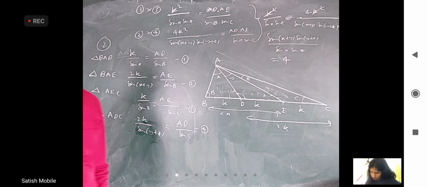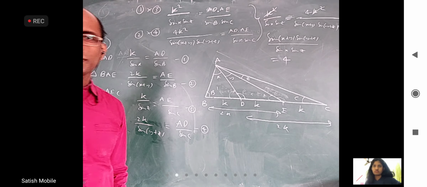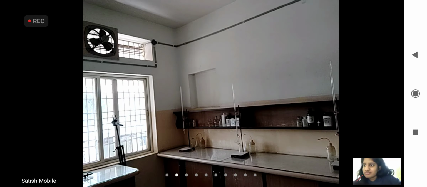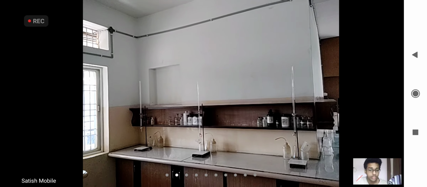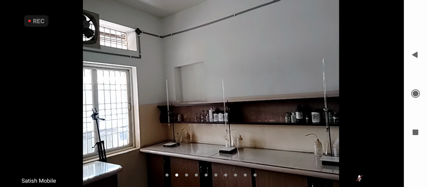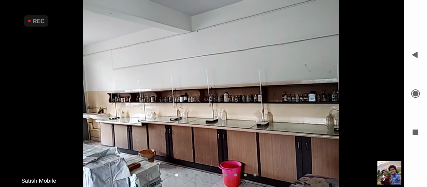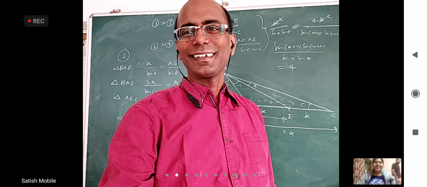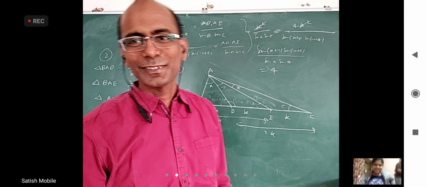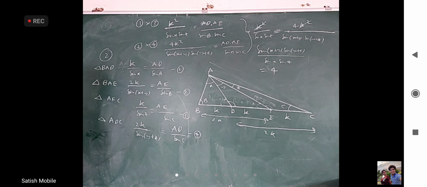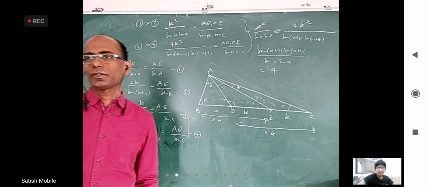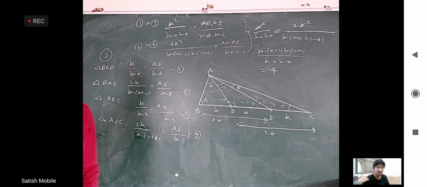Actually, for the last 9-10 months, they did not use this lab. Yesterday I showed you, yesterday I used it. You can see, all of you know burette, right? If you can see, a lot of burettes. So they are doing some experiments. I wanted to show, but I already showed. Actually, on the whole table they kept a glass everywhere so that the chemicals will not touch the wood and affect it.